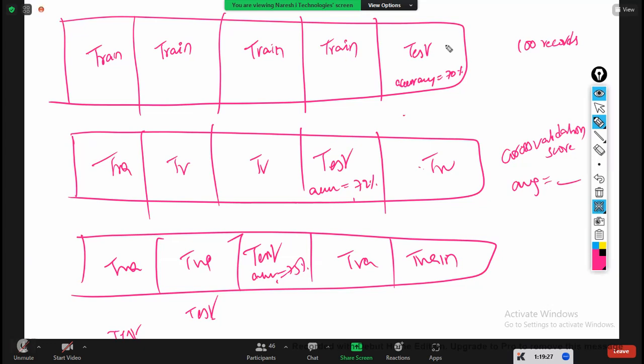Now, sir, why have you divided the entire data into 5 only? You can divide into 4, you can divide into 3, you can divide into 2. You can ask that question. If I divide into 5, 4 parts I am using for training, means 80% of the data. If, for example, I have divided the entire data into 4 parts only, 3 parts I'm using for training. How much percentage of data am I using for training? 75%. If I divide the entire data into 3 parts,